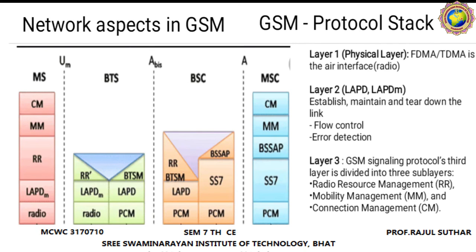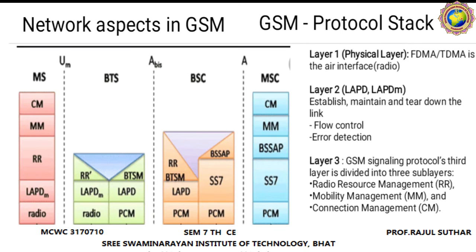Now layer 1, the physical layer, uses the air interface. The physical layer specifies first how the information from different voice and data is formatted in the packet. Then it uses the radio modem description. It verifies the services. It uses modulation and control techniques, then power control methodology and time synchronization. So these are the functions used in the physical layer of the GSM signaling model.